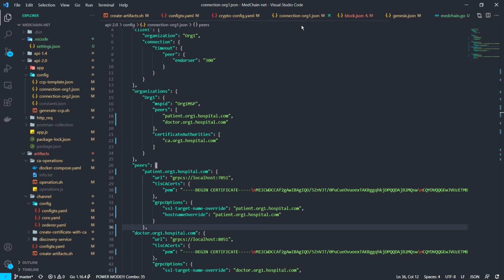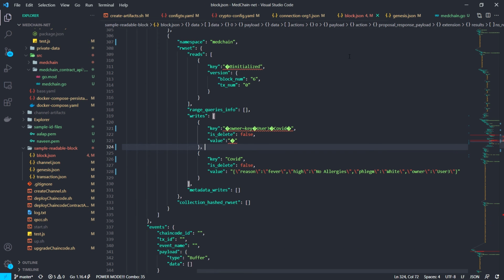This is just an example of the connection of the organization, the first peer organization, which is in our case a subdomain of our larger hospital network. Here we also save the certificates which are provided by our certificate authorities. This is just an example of a block which is already stored in our blockchain network.